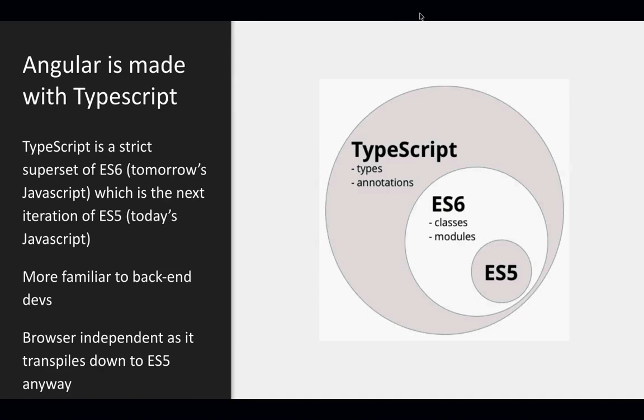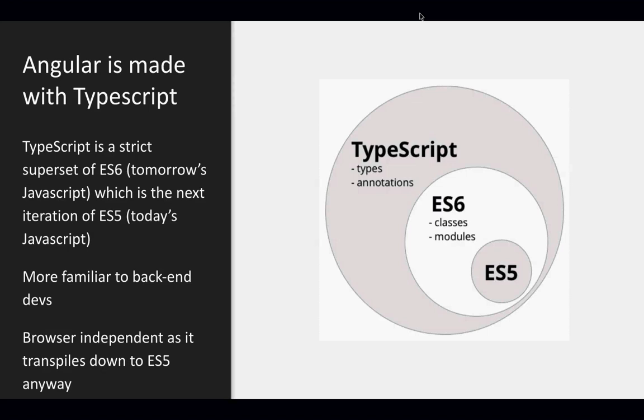So in this bubble here we have ES5. So ES5 is JavaScript from 2004. So it's the old version of JavaScript, and this one is very well supported by all browsers. Even IE 10 supports like 99% of ES5, so that's pretty good. ES6, that's from 2015, so that's more recent, and no browser is at 100% of support of ES6 yet. Even Chrome, Safari, Firefox, they only do 97, 98% of ES6.